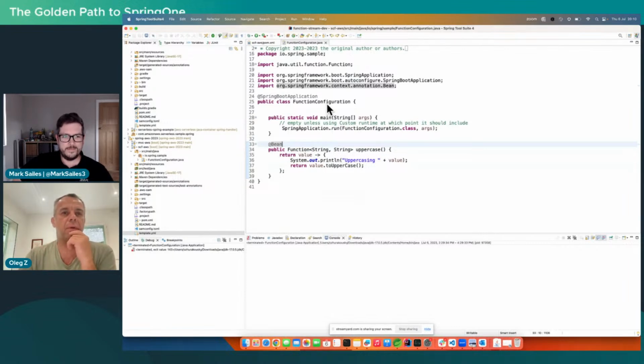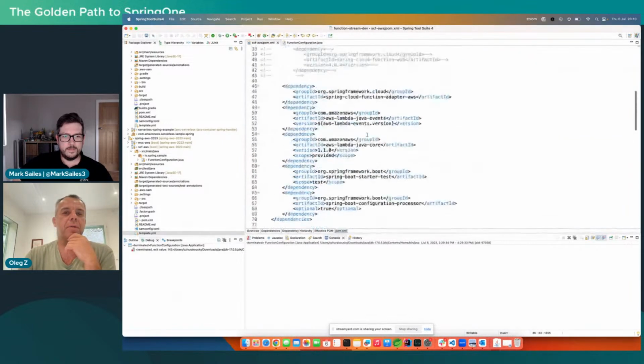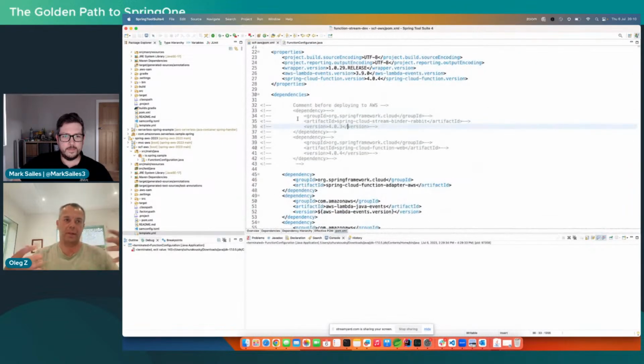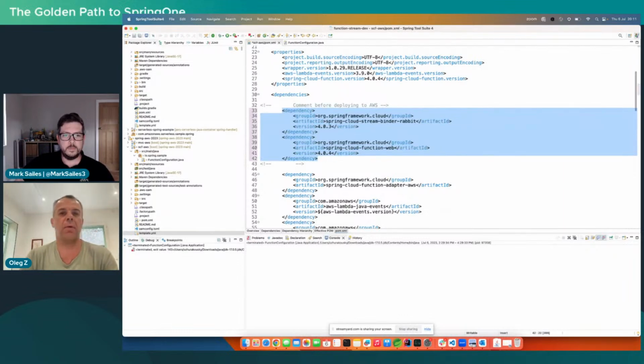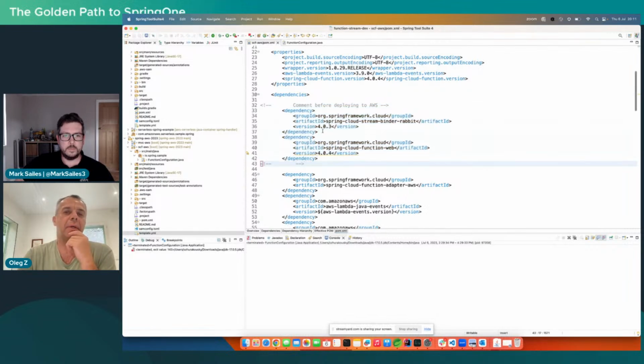So the only way for us to see exactly what this application may do, we need to look at the POM file. As you are familiar, with Spring Boot we have this concept where dependencies are not just libraries, not just binary dependencies, they're also auto configuration. So when we bring a dependency like I'm going to bring right now, we're not just bringing some kind of binary dependency on some classes and so on, we also bring in auto configuration. So in this case, what I did is I'm bringing Spring Cloud Stream binder rabbit, which is